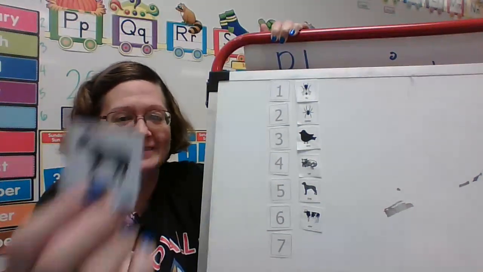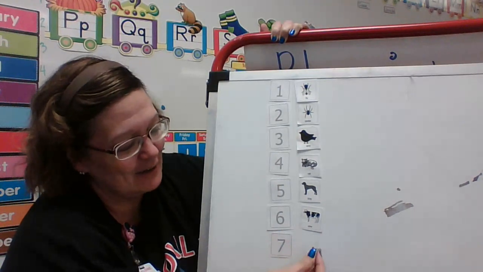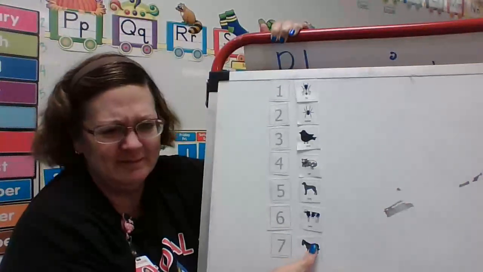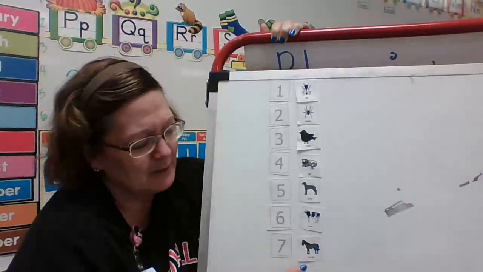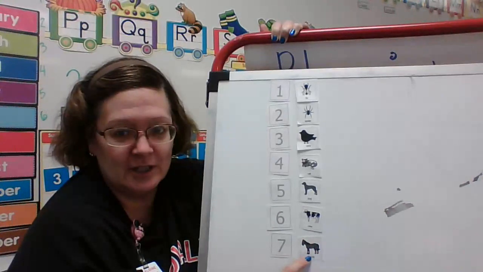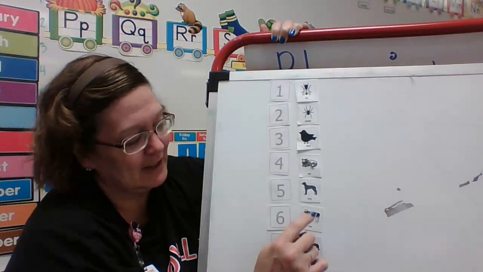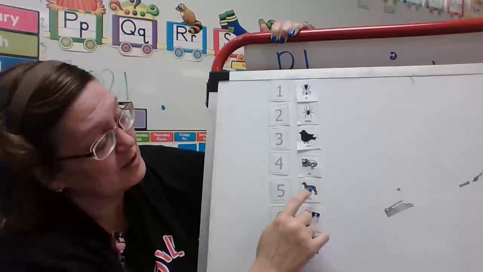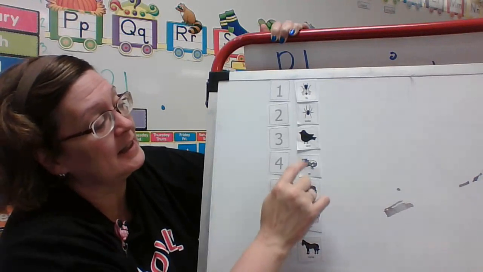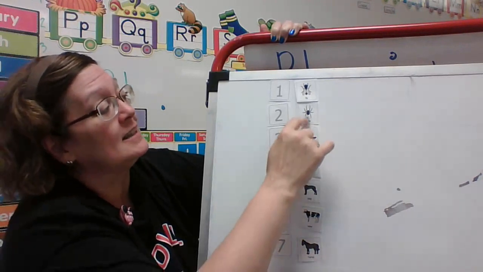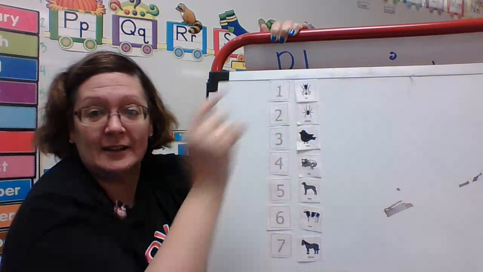A horse. Yes, of course. I love all the rhyming in this book. It's cool. She swallowed the horse to eat the cow. She swallowed the cow to eat the dog. She swallowed the dog to eat the cat. She swallowed the cat to eat the bird. She swallowed the bird to eat the spider. She swallowed the spider to eat the fly.